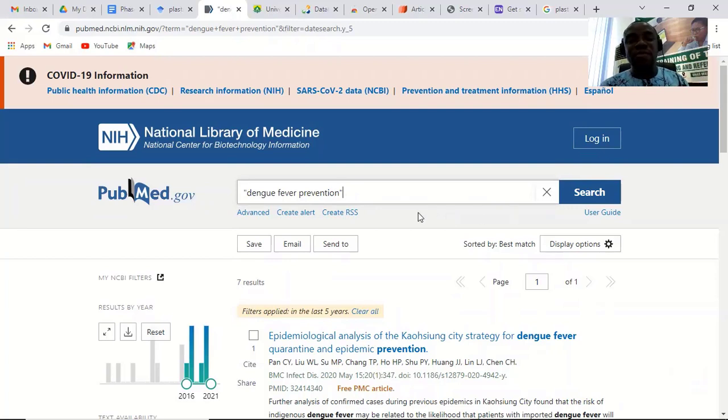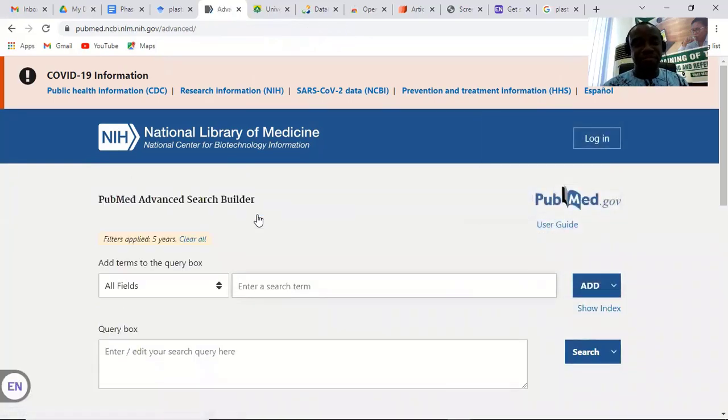So let's move to advanced search and look at what happens here. Again, don't forget, I've applied filters for the last 5 years. If I don't click on clear all here, anything we are going to be doing in advanced search here is going to be affected by this filter. And that is possible, that might result in 0 or null results. So